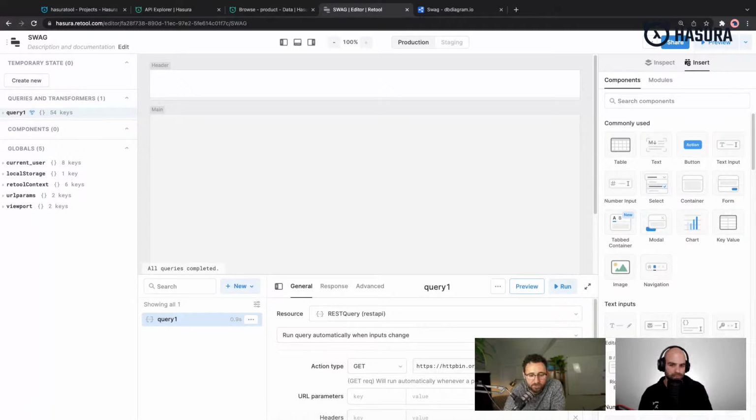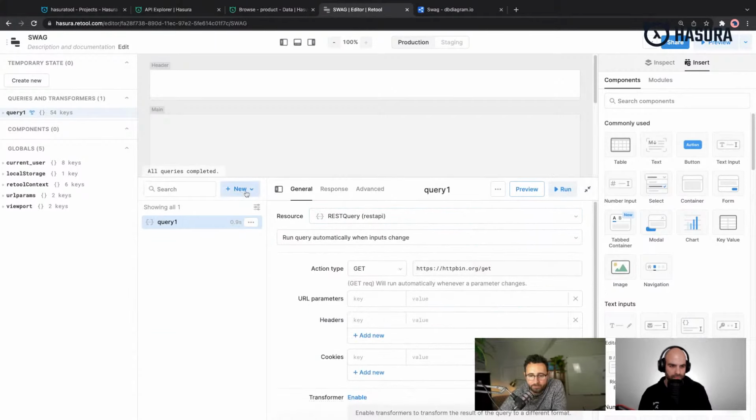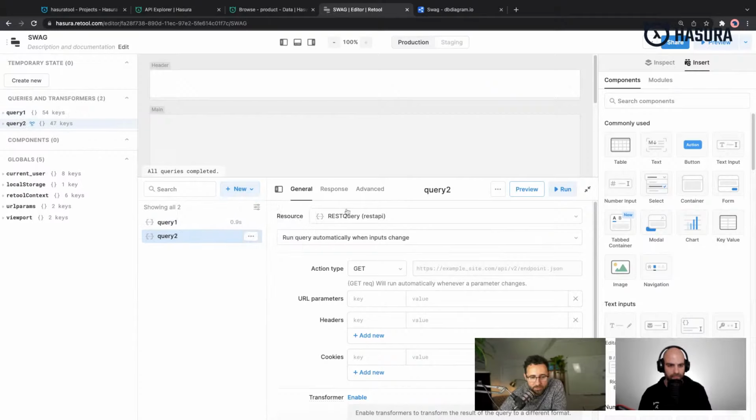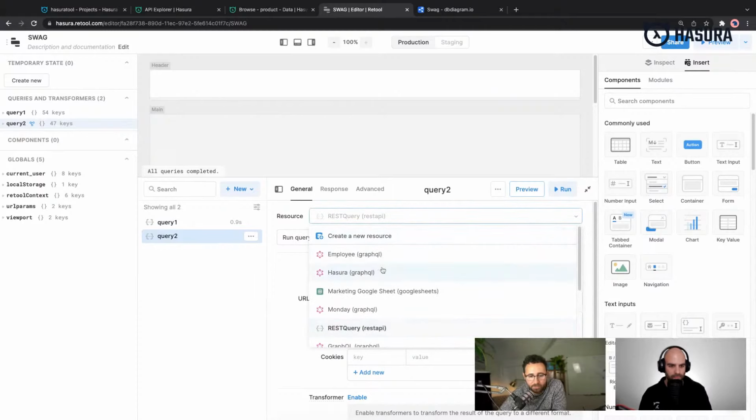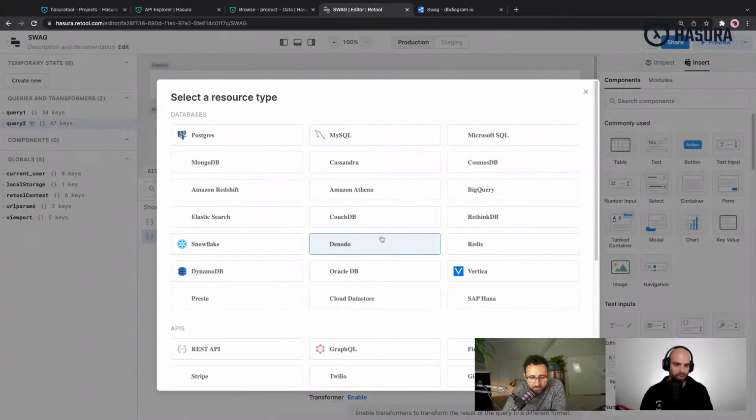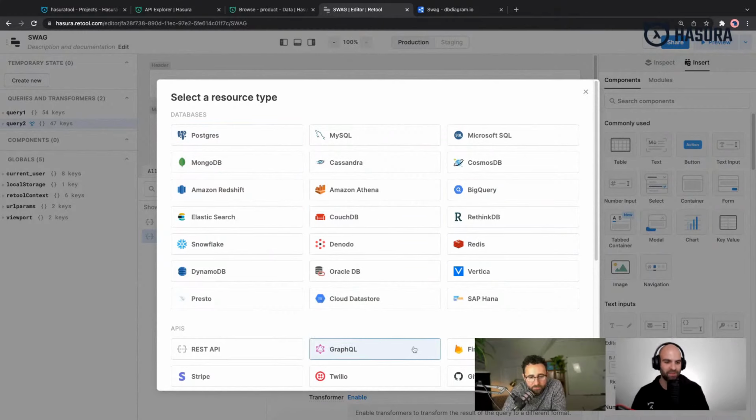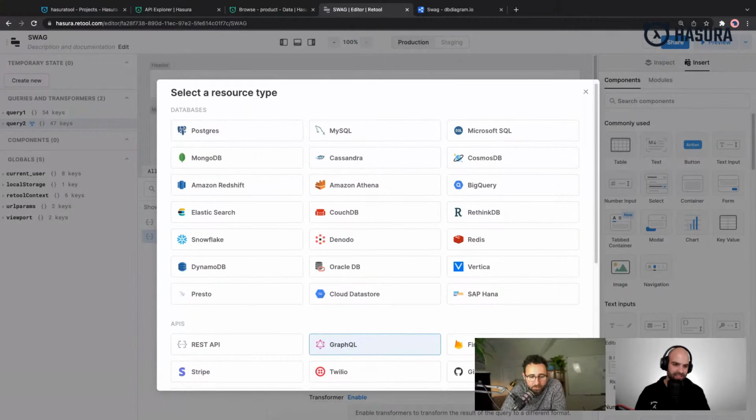So I like to start with just creating a GraphQL read just to get some data in, and then drop a table down. To start with that, I would go to new in the query panel, click the new button, and resource query, and then go to the resource and click create a new one, unless you already have a resource. Well, I have one from before, but we'll skip that one just for purposes of this demo. Yeah. So here we need to set up a little linkage to our GraphQL endpoint